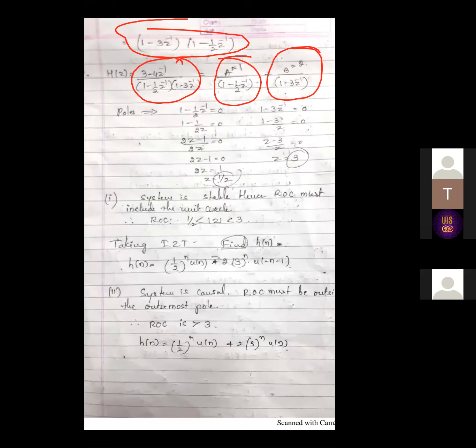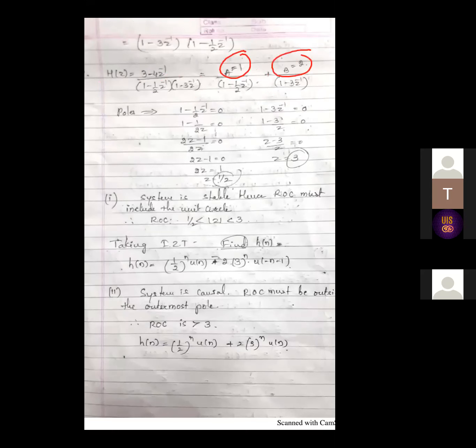I have not solved the partial fraction here, but you can go through it. Multiply both LHS and RHS by the denominator, so that the LHS is left with only the numerator part, then A into one bracket plus B into one more bracket. Put different values of z inverse to make A and B zero one at a time. Calculate the A and B values. Here I have written directly A is equal to 1, B is equal to 2. You can do this partial fraction method and find A and B.